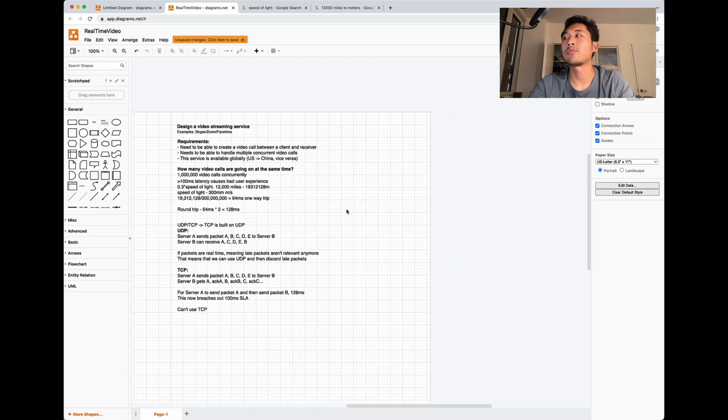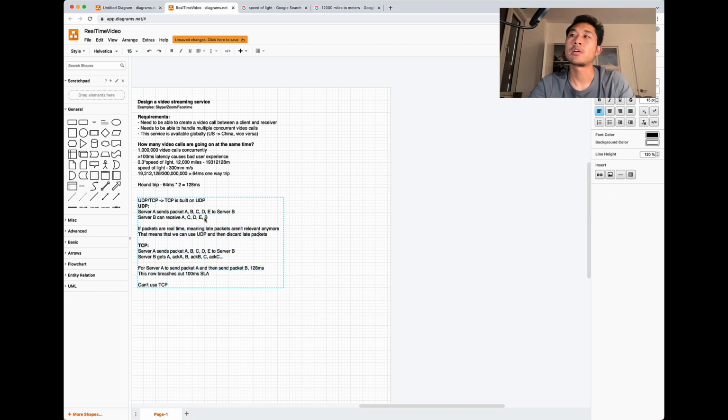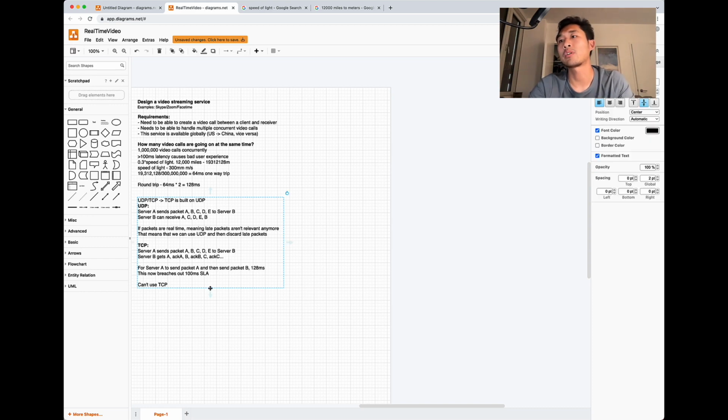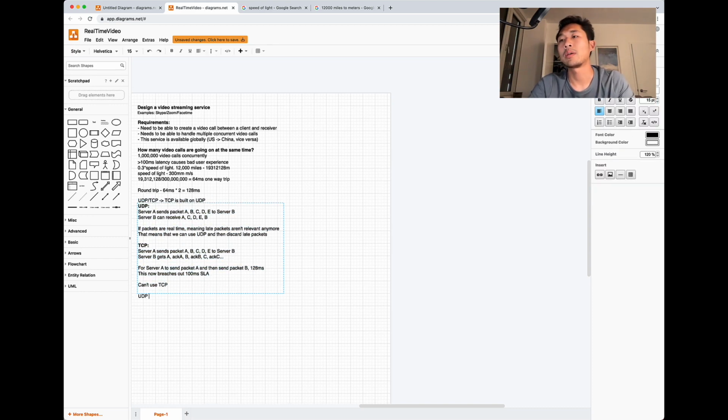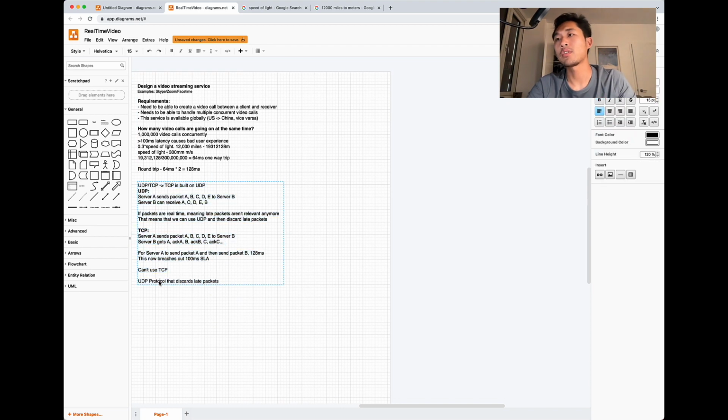So we need to build a service on a custom UDP protocol, because we don't want to receive packets A, C, D, E, B, and then when we receive packet B, suddenly we get a glitch and the server messes up. So we want to create some sort of UDP protocol that discards late packets. Cool. So this is a protocol that we're going to use.